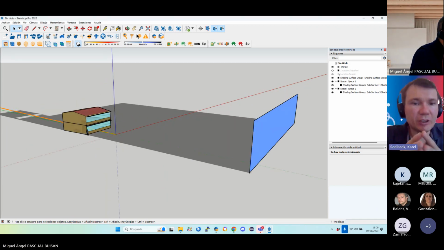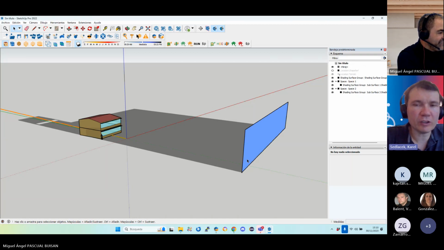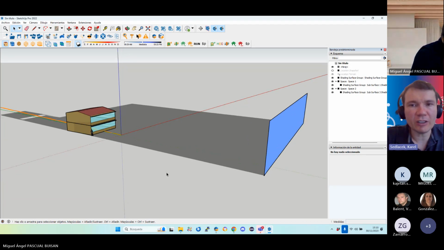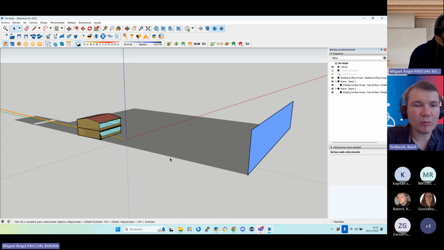Miguel, okay. I will just mention one more thing because we are all the time talking about the envelope. Also the daylight autonomy is calculated according to the middle of the first floor. So if you also put a partition or some other construction inside, it is possible, but it's not related to thermal losses because it's inside construction. Like the floor between two floors. And the second thing is